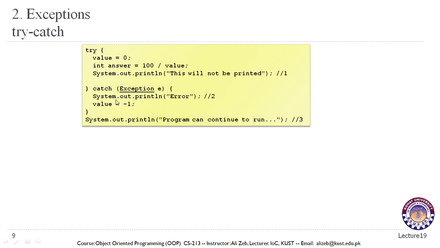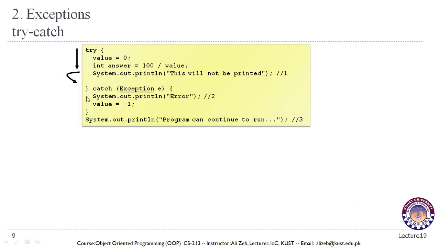As against our previous case, here the error has occurred and the program will jump to the catch block at the point where it encountered the error. The rest of the try block will not be executed,